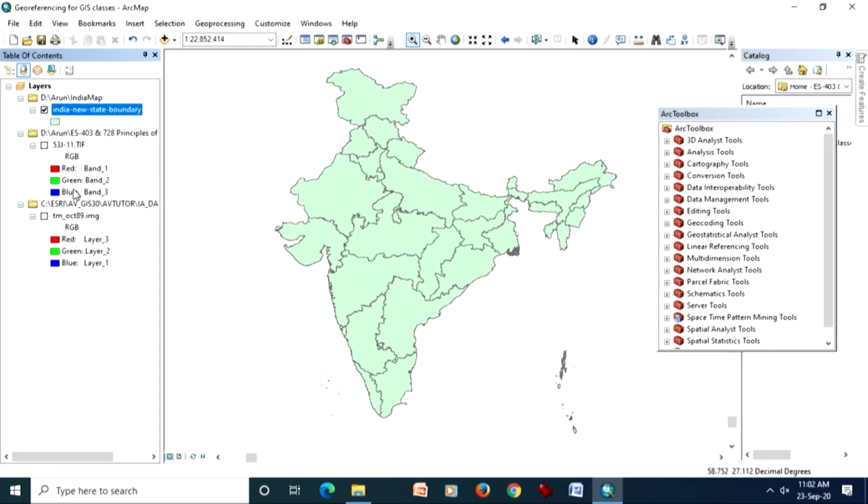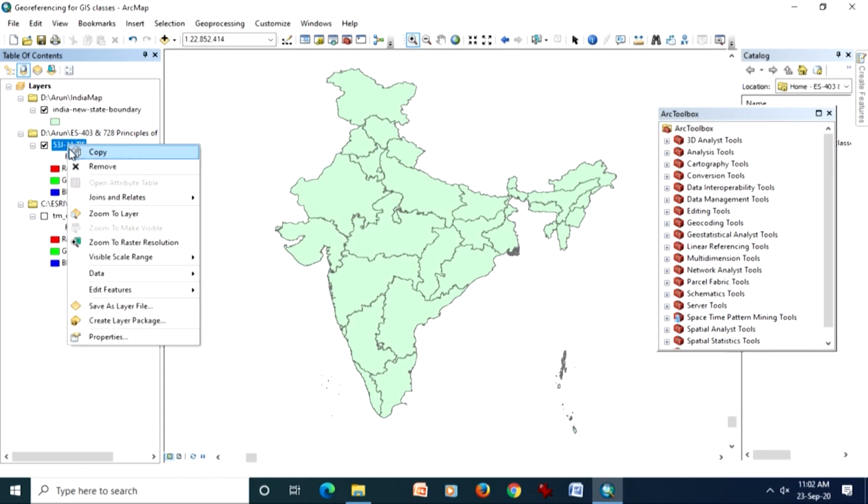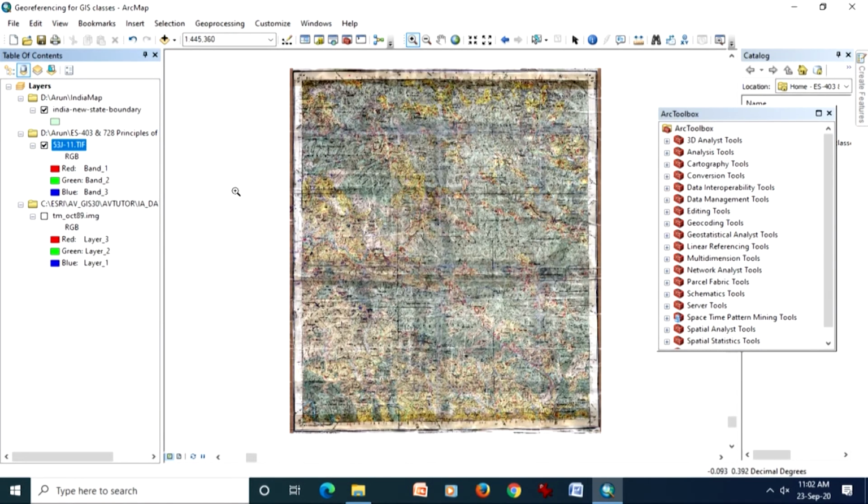So, once I have added this file which I discussed from the pyramid point of view, the quality of the file is not very good, but sometimes I have deliberately chosen this file, because for some projects we would like to use very old data, and the old data will come either from satellite images or old topographical maps.